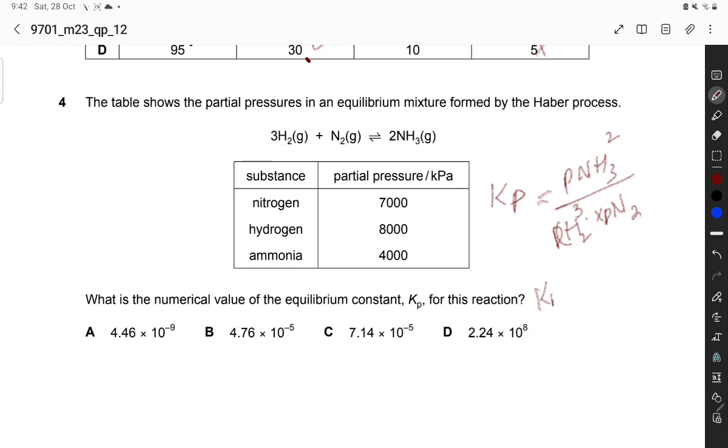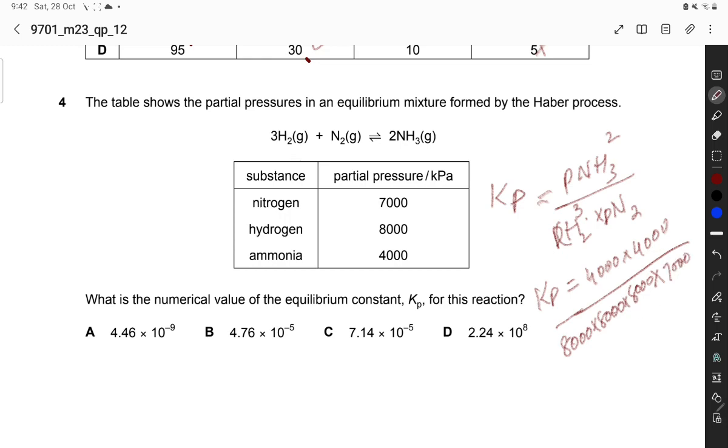So Kp is equal to ammonia, 4,000 into 4,000, divided by H2, 8,000, cubed, so 8,000 into 8,000 into 8,000, and nitrogen to the power one,